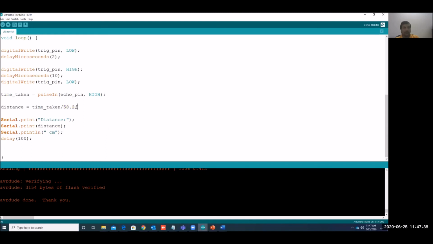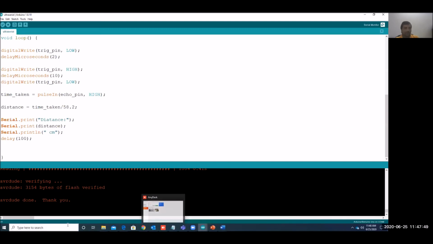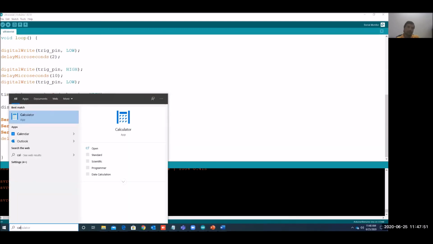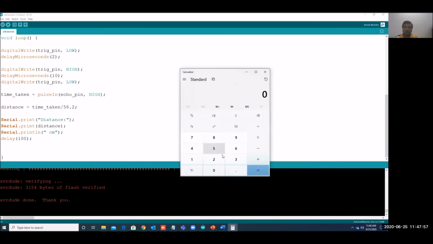Okay, if you want me to calculate this, I can do that calculation also in centimeters, so let's try to calculate. We are getting around 340 meters per second.